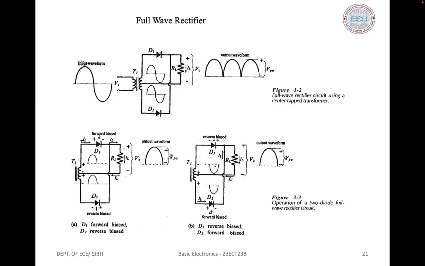For the duration of the negative half cycle of the transformer output, the polarity of the transformer secondary voltage causes D1 to be reverse biased and D2 to be forward biased. IL flows from the bottom terminal of the transformer secondary through diode D2, through RL from top to bottom and back to the transformer center tap. The output waveform is the combination of the two half cycles, that is a continuous series of positive half cycles